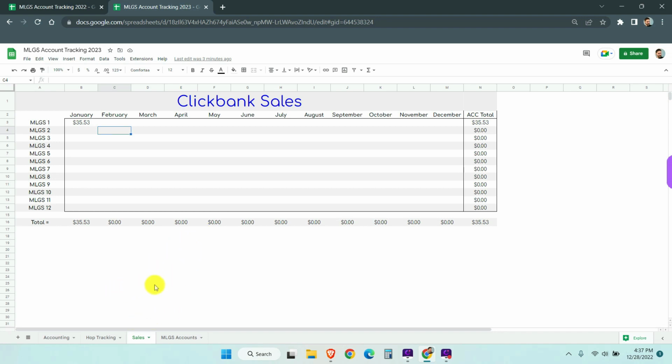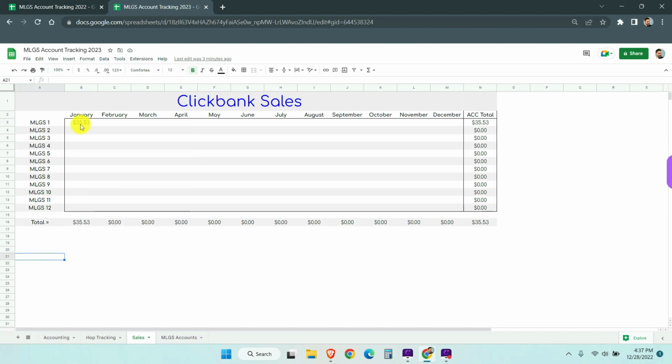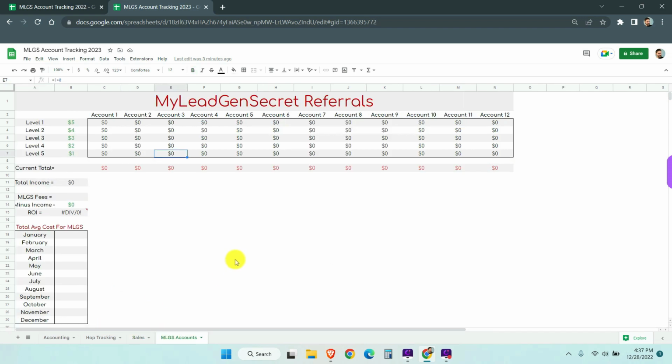Okay, so this one is fairly straight and simple. You just fill it out. Like I said, you just right click and insert note if you want to add notes, so that way you can keep track of the sales you're getting. Okay, you don't need to do anything else here. Now,